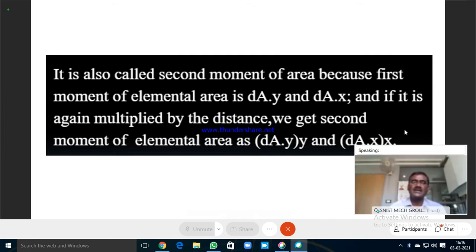Actually, it is a statics topic. Strictly speaking, you have to call it the second moment of area only, because the expression is very similar to your mass moment of inertia, and that is the reason you call it moment of inertia. With similarity to the mass moment of inertia, you call this inertia. Otherwise, it is a static condition. When it is at rest, can you call it inertia? Is there any resistance to motion? No. So because of this mathematical similarity between the expression for area moment of inertia and mass moment of inertia, you call it moment of inertia. That you have to understand very clearly.